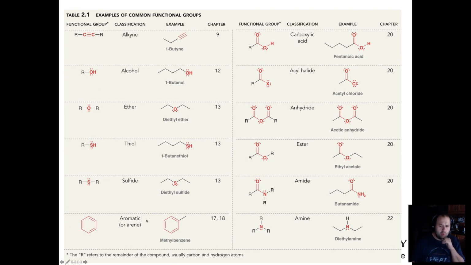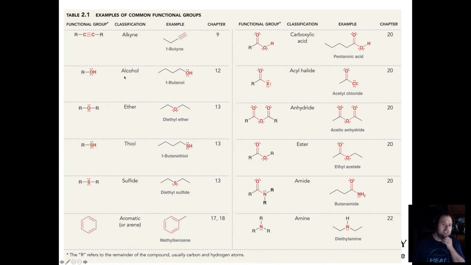Also, I don't typically have you point out the aromatics or arenes, although you should be familiar with this terminology. You will likely get familiar with it because we will talk about these types of bonding often as we begin to study those molecules, alkenes, alkynes, and aromatics, throughout the course this semester and next. But particularly I wanted to focus on functional groups that oftentimes have a major role in chemistry and oftentimes involve